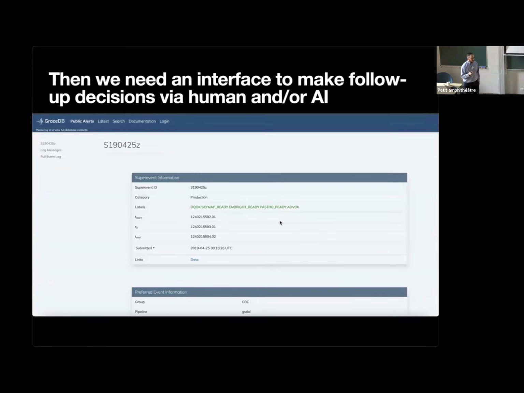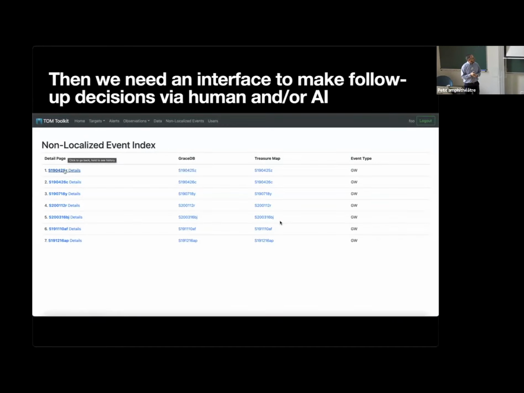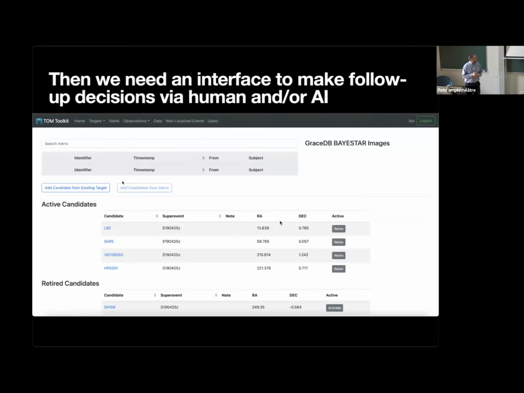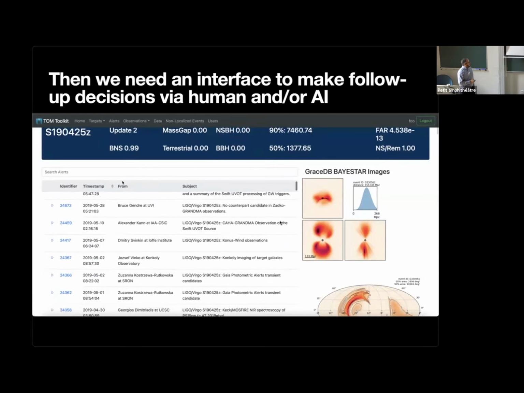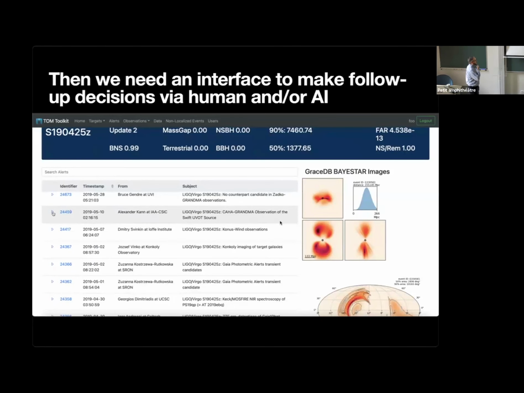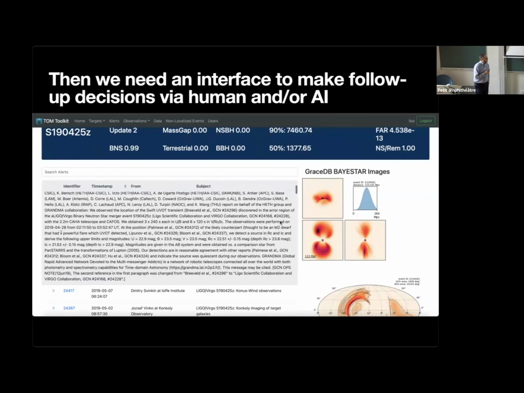First thing I showed you there is the Treasure Map. And so that shows a nice visualization. I'll come back to that in a second. And then information about the event from GraceDB, which is the LIGO Virgo KAGRA provided service. So one of the things we've been developing, and this in particular uses the TOM Toolkit, is a way to collate all of this data together.